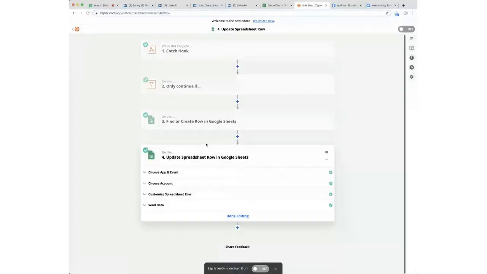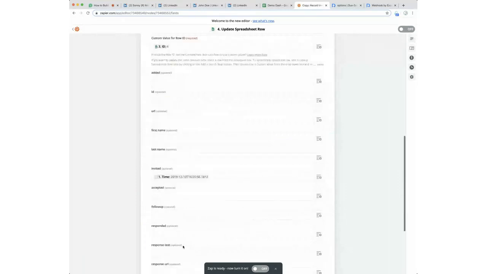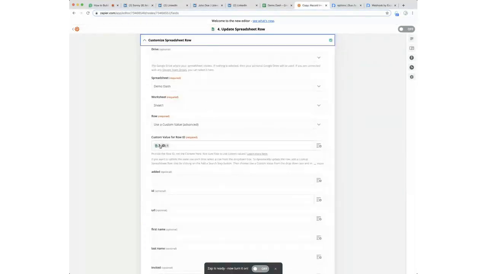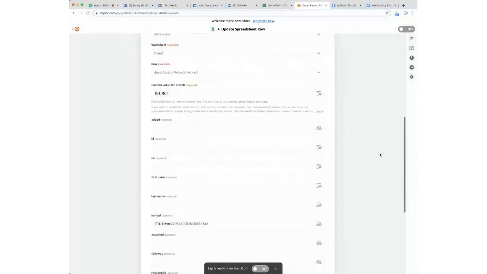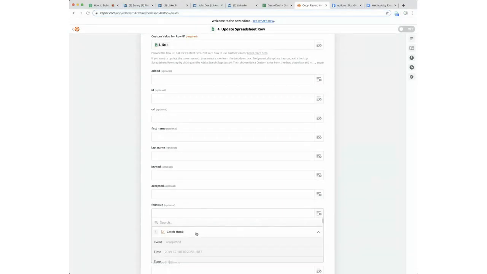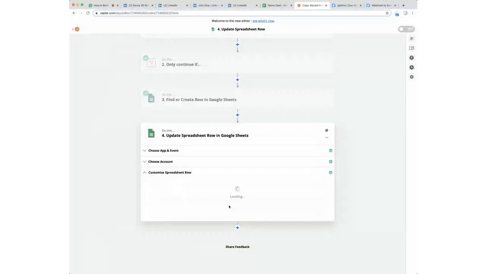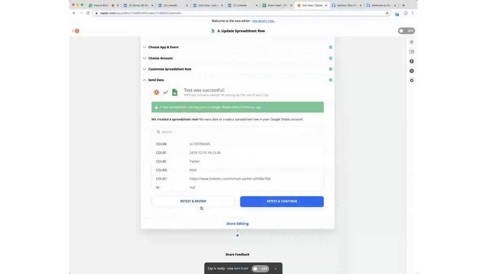Done everything, and the next step is update the row in Google Sheets. So I need to update the row. As you can hear, the row ID is already from the previous step. This is all cloned from the other Zap. So now I need to specify when the follow-up was sent, and that's in here, in the catch hook, the time. That's it. That's all it is. All the other fields I don't care about. Okay, and now I'll just send a